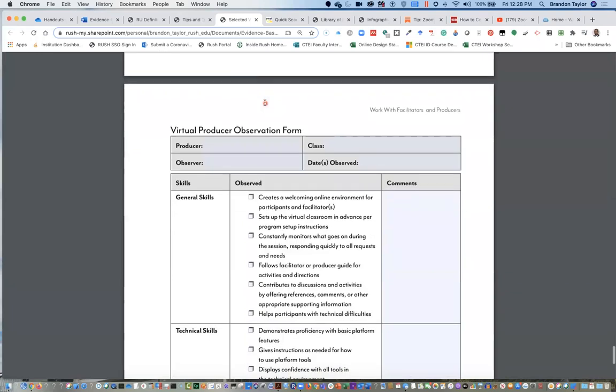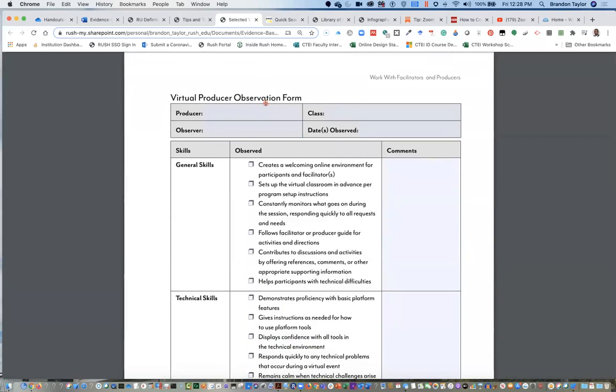And one of the best practices and evidence-based practices that we recommend is that when you have a live online course, or even a HyFlex course where there are live online components, anything that has a live online component, it may be helpful to have a colleague or a graduate student or a volunteer from the class. We go back to our kindergarten days, where you rotate the teacher's helper for that particular class,